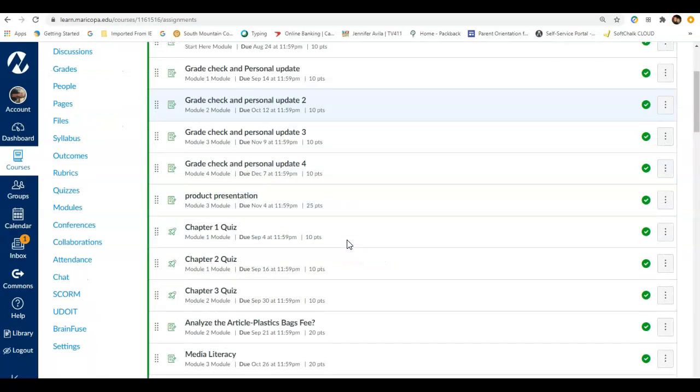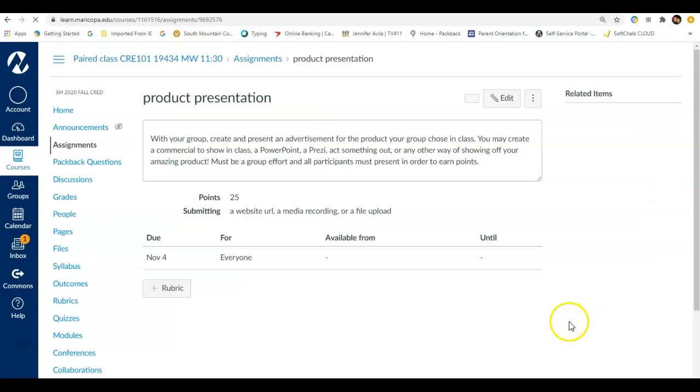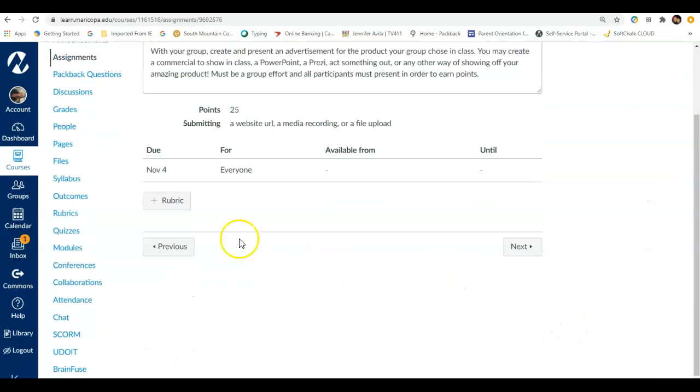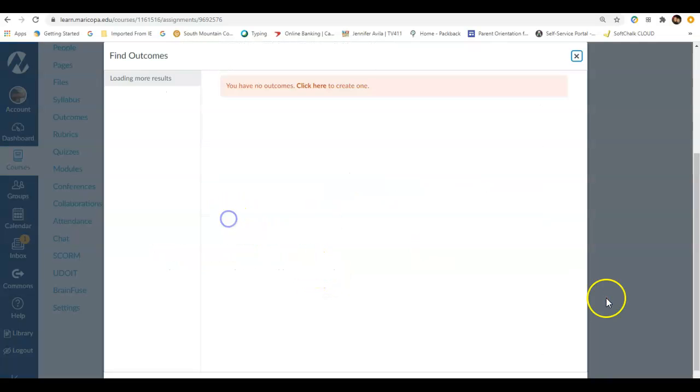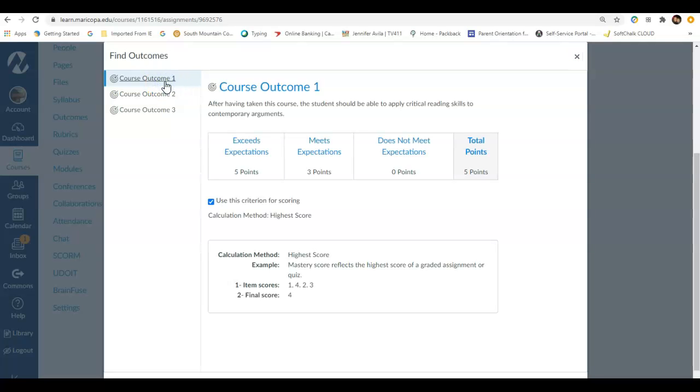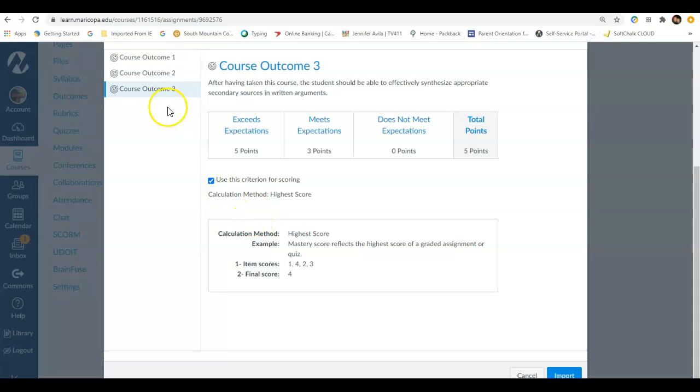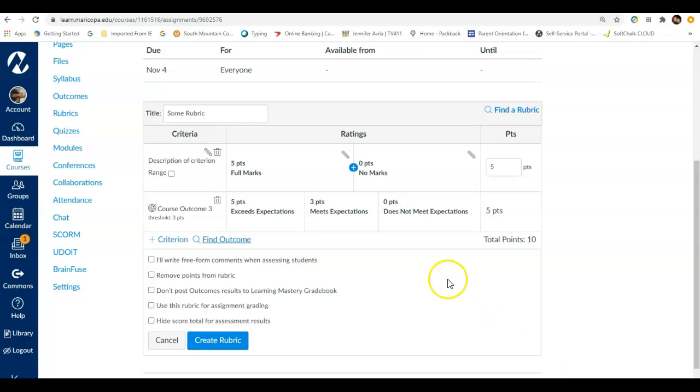Okay, and then if I want to add these to assignments that are already in there, say perhaps, I'm going to click on this one because I don't think it has one, right? Good. Okay, so I'm going to be creating a rubric, and the first thing I want to do is find an outcome. So if I want to add in the course outcomes, the learning outcomes for the course, I just click, and we can look at each one. Which one do I want to have in there? Okay, so say I pick outcome 3, I'm going to import that into my rubric,